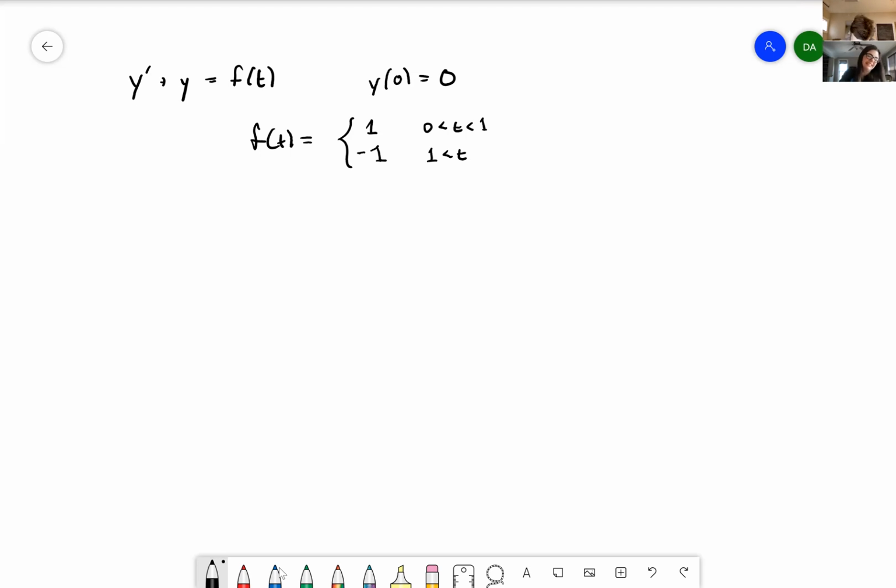Oh no. Okay, so what do we have? Laplace transform on the left hand side is sY minus 0 plus Y equals, and then we want the Laplace transform of f of t. So this is going to be equal to 1 plus